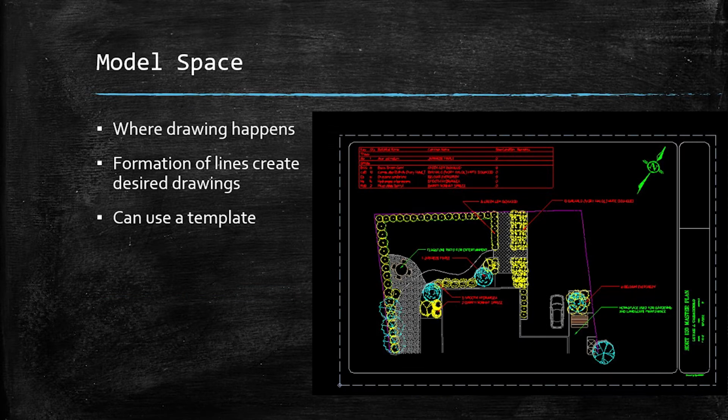Model space is where the drawing takes place. It is the area where the formation of lines creates the desired shapes necessary for each project. While in this space, the first thing we did was insert a template. The template allows us to cover over an existing landscape design and cuts down on time when creating the drawing